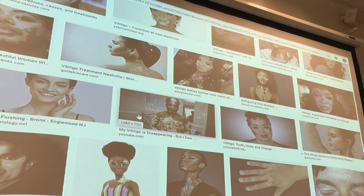Most of us will never get that kind of sunburn, right? But people with vitiligo, people with albinism, they can get that terrible type of sunburn. In terms of vitiligo,